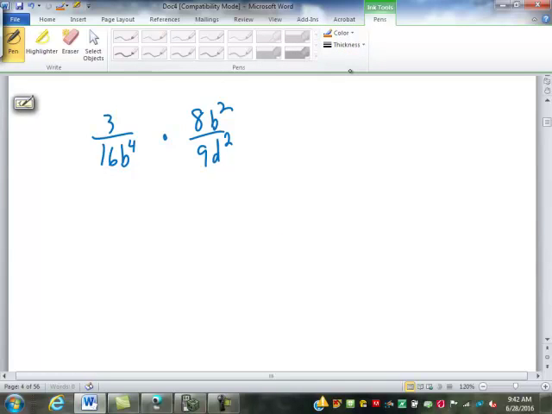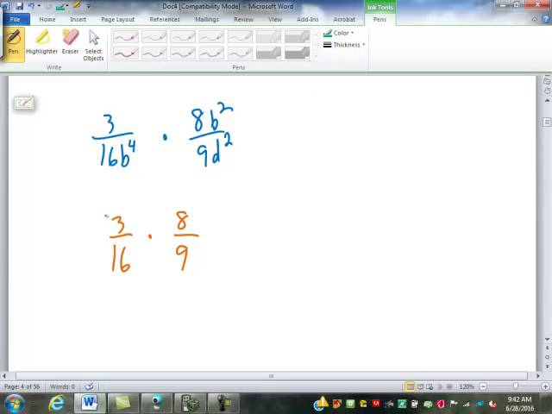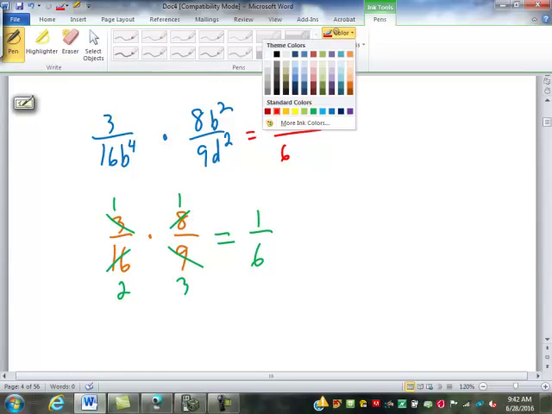Okay, so I'm going to pull out the numbers. 3 over, not 8, 3 over what? 16 times 8 over 9. We've already flipped it. Right? So then, simplify. 2 and 1, 1 or 2, yep. Which becomes 1 over 6. So in our answer, 1 over 6 is the numbers. And then